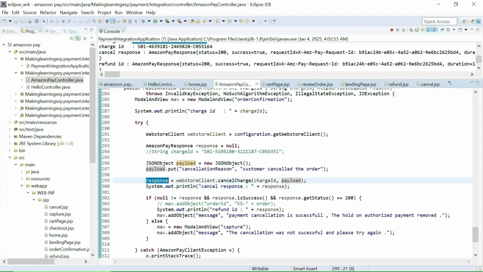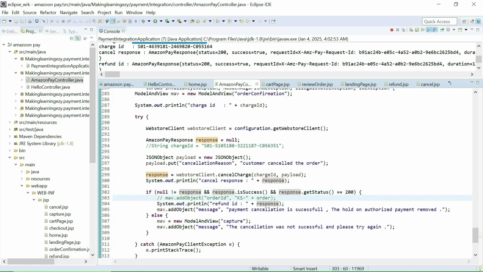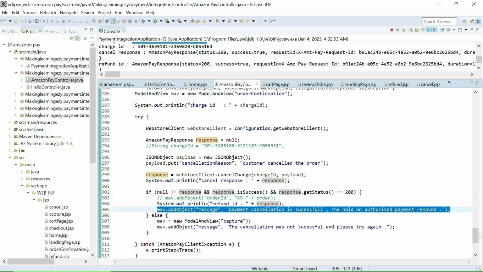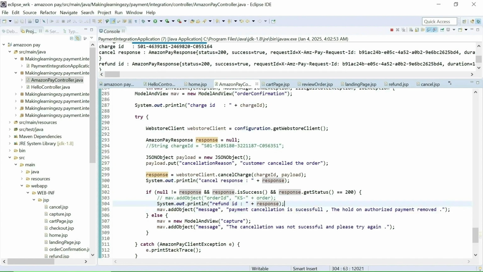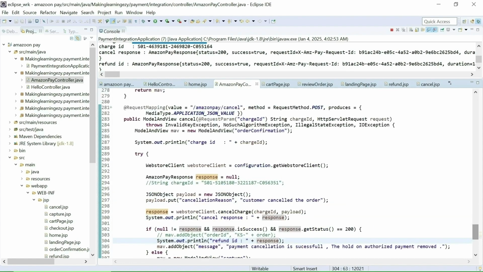It will return the response. Here I am printing the response also, and here I am checking if the response is successful and status is 200. Once this condition is fulfilled, we consider the payment cancellation successful, and here we are setting the payment cancellation successful message which is being displayed on the website. So this is how we can submit the cancellation request.